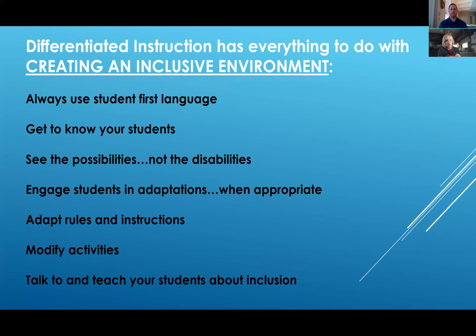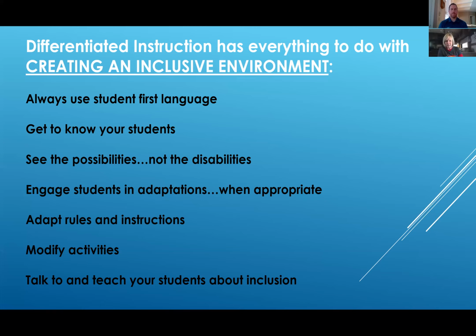Engage students when appropriate in the adaptations. So if you have a student that's struggling with a skill for one reason or another, have them be involved in those adaptations. They sometimes know better than anyone else how they might be able to achieve it. Adapt rules and instructions. We're going to talk about all kinds of adaptations and modifications, but look at the rules, look at how you teach it, look at the activities.